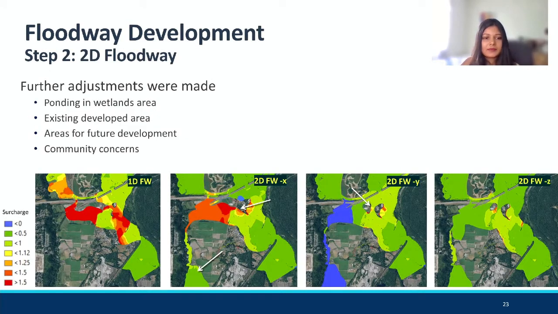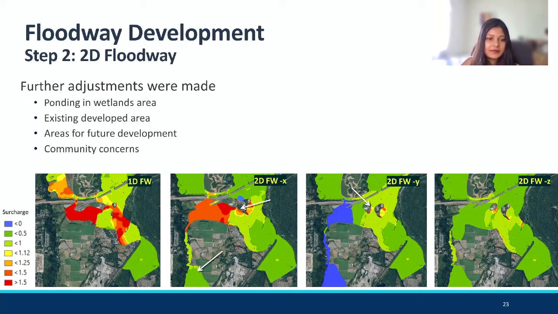And the next step, what we did was the 1D floodway that we came up with, we wanted to test that on our 2D model. So we took that polygon shape and tried to just use that in our 2D model by encroaching. We did it with terrain. There are various steps or methods of doing it. You can use Mannings, or you can use the 2D flow connection lines to do that, but we went ahead and we modified our terrain and encroached everywhere else and wanted to see what kind of surcharges we are seeing with this 1D